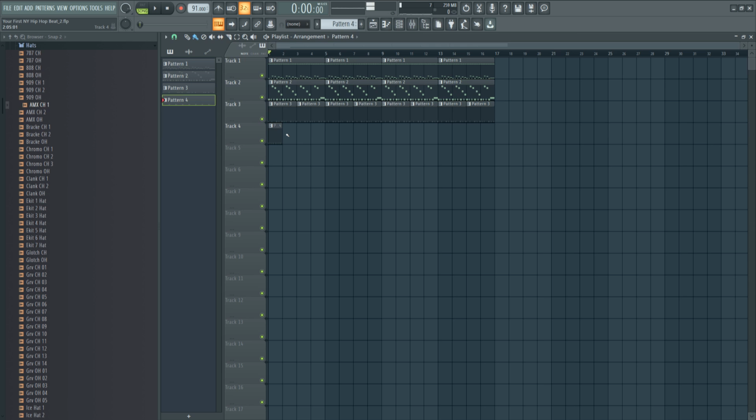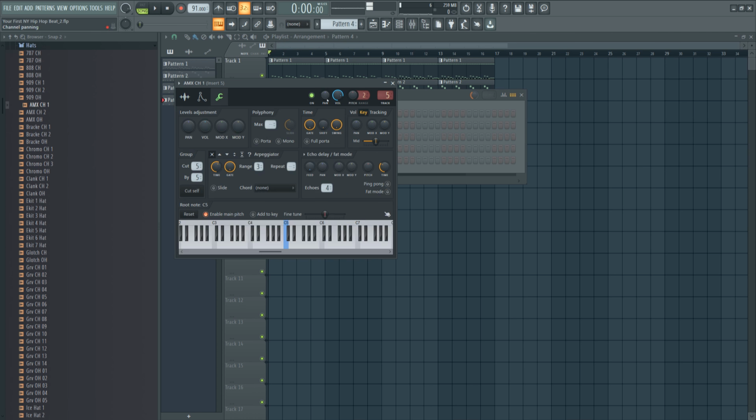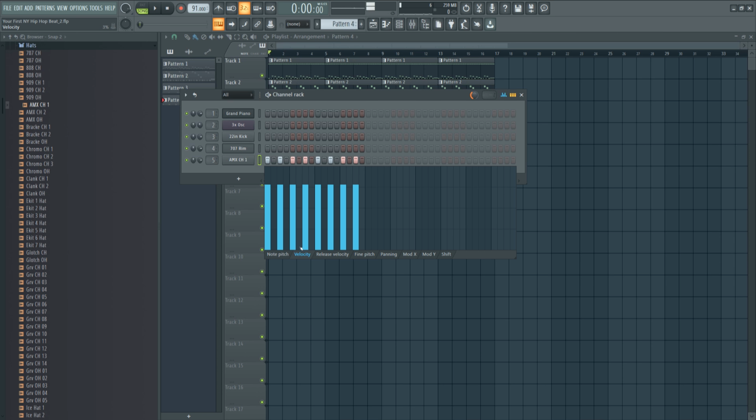Okay, so you can see the hi-hat's too robotic. It's too early. So let's go back to pattern 4 in the channel rack. Go to your hi-hat, go to your wrench tool, and then turn up time shift. Now we have that swing, that humanized feel. Now if you want it even more human, go to your graph editor, click on velocity, and turn every other hi-hat velocity just down a little bit. It can be random.